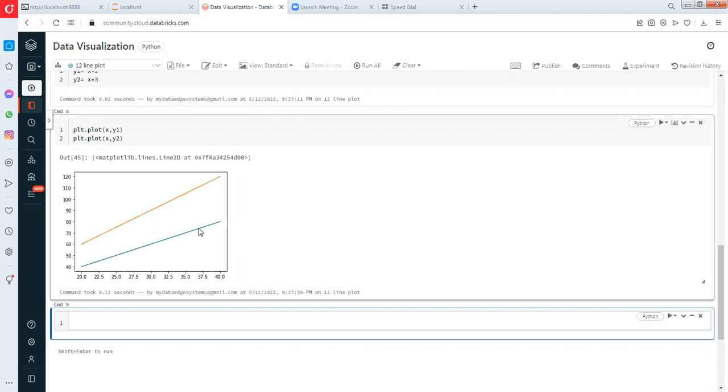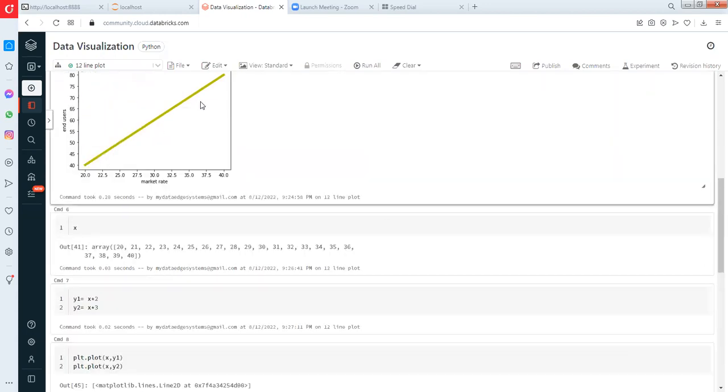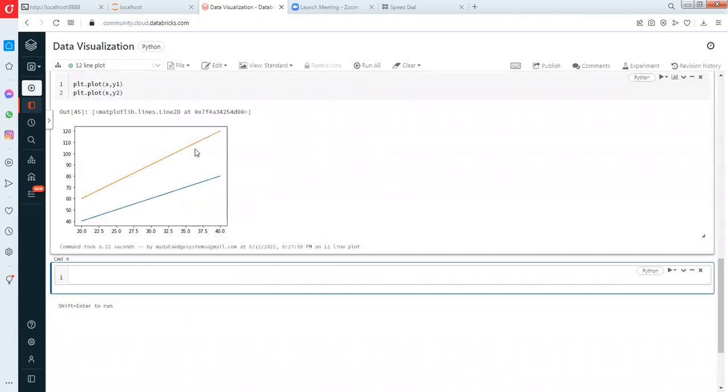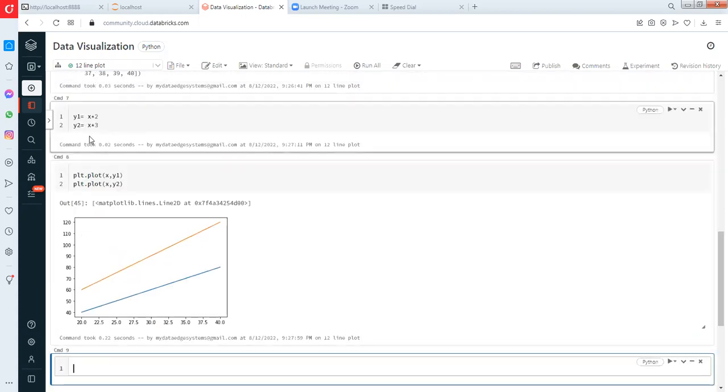Okay, so this was for a single equation, and this is for a double. You can multiply it with y3, y4, and so forth. You can go with multiple lines. Okay, so the provision for this multiple line is that, suppose that this is